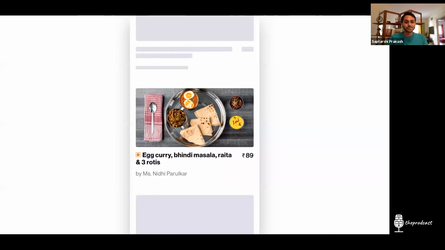But even in this, the question was, who is Nidhi Parulkar? Nobody knows her. It's not a Burger King or a McDonald's or a Rajdhani that you have heard of and you can trust. So the natural questions would be, is this person even qualified to cook food for me? Is her home kitchen clean? Is it safe? Is she taking the necessary steps which is needed for a quality food which I can eat? There were lots of questions. I know that not everything can be solved at a listing level like this, but this could have been a serious threat to trust, right?